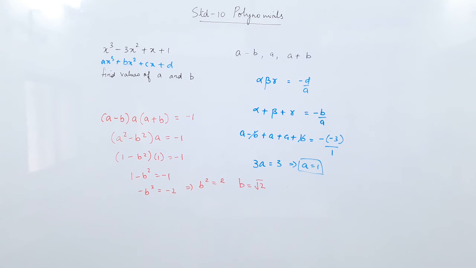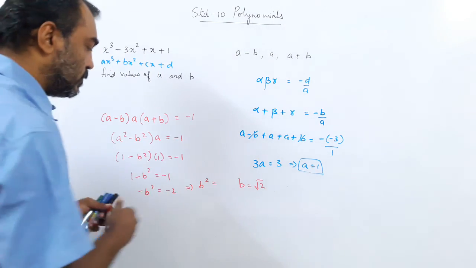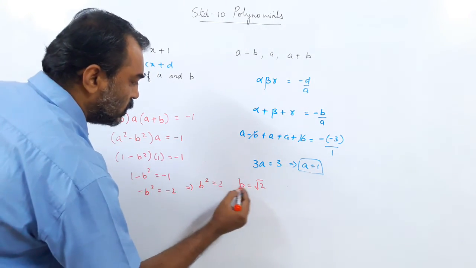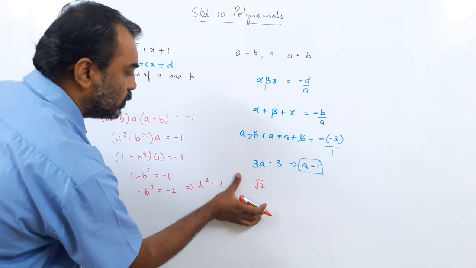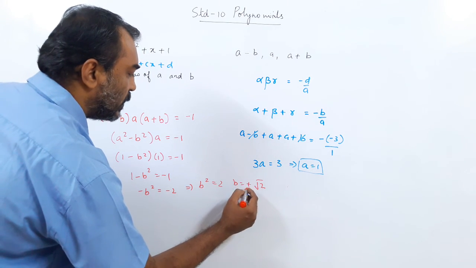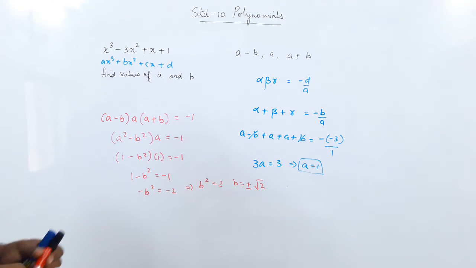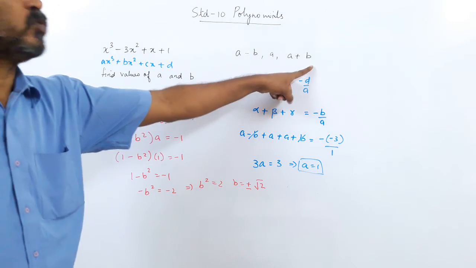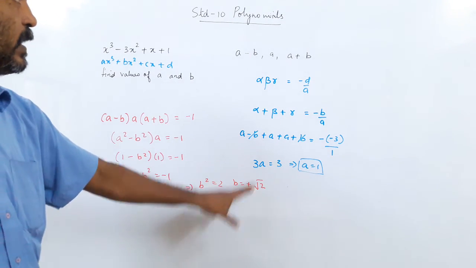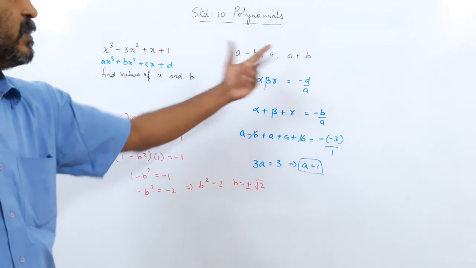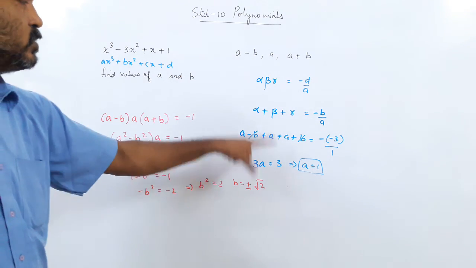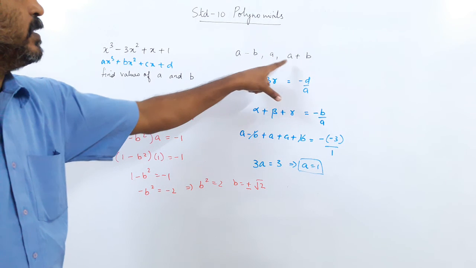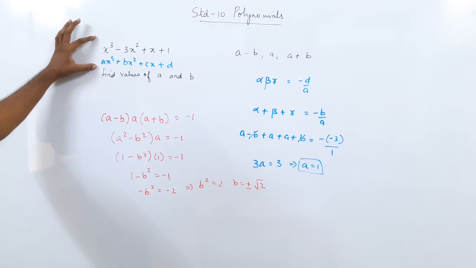Okay, but here we have to take a slightly different care. What is this? b square equal to 2. So we should write b equal to plus minus root 2, because when you take the square root, there are two roots possible. Why have we taken this plus minus? Because in one place it is minus and in one place it is plus, so it makes no difference at all. If you take minus, then this becomes plus and this becomes minus, either way. So we have got the roots 1 minus root 2, 1 and 1 plus root 2 as the zeros of this polynomial.